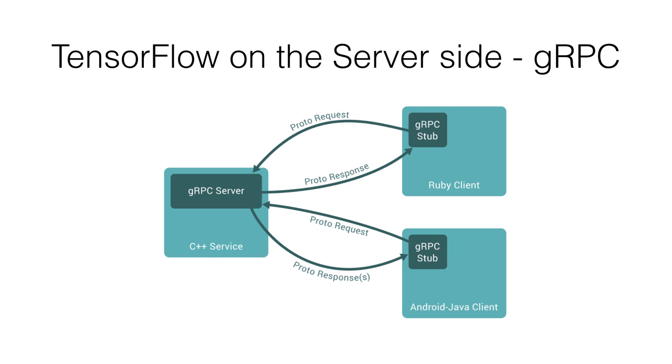gRPC is Google's remote procedure call library. Essentially, with gRPC, what you do is you define the methods that your server wants to expose in a special file called a .proto file. And then you can run a generator and produce various language bindings to call those methods that your server is exposing over HTTP, TCP, or so on. Actually, when I looked at it, it's all kind of complicated, especially for somebody that's used to, as a mobile developer, just having really nice, clean, straightforward JSON APIs. But TensorFlow does have built-in support for exporting models via gRPC.